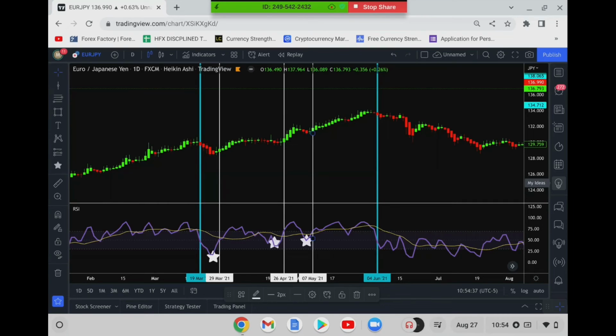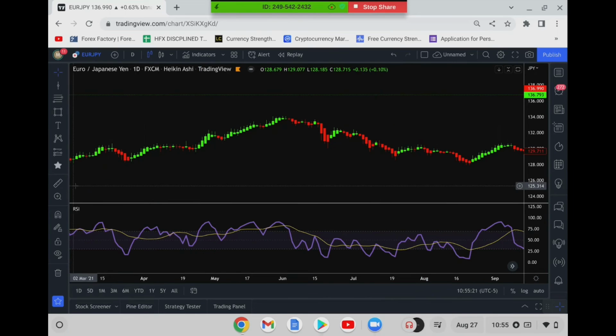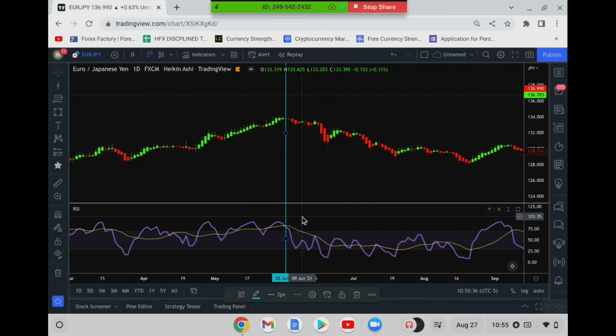So now that I have showed you guys how to use the home base in order to locate continuation entry signals, I want to go ahead and find a final example of how to locate reversals using the RSI. So you guys, this is actually a perfect example of a reversal signal from the RSI, all right? And I want to talk about it from this point right here. This is where we can see the market visibly shifted trend directions